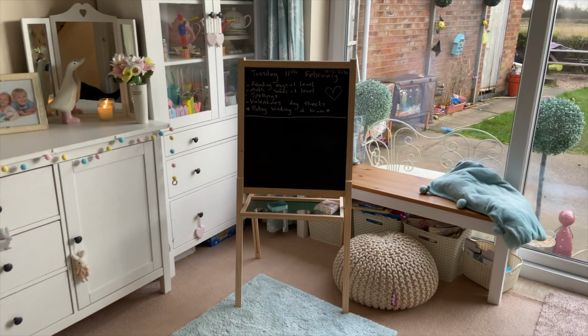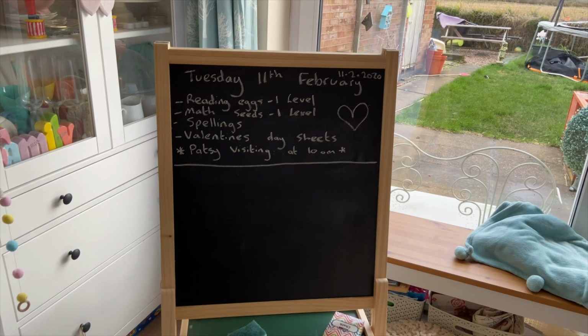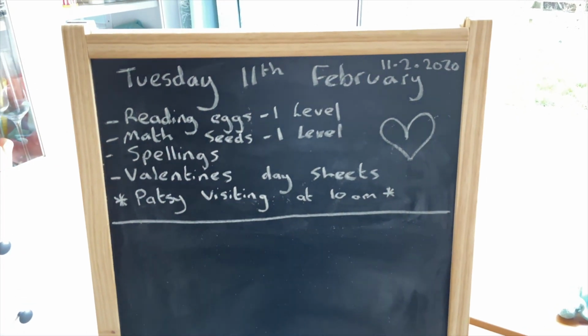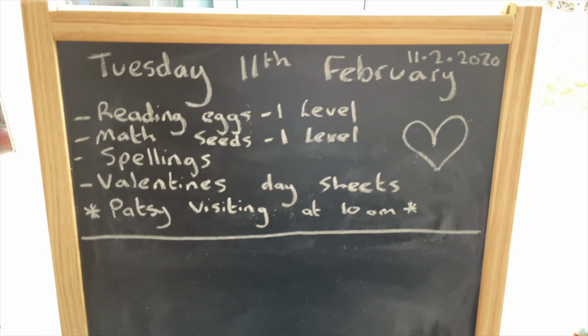We have maths seeds and reading eggs to do today, and we also have spellings, and then I've printed off a big chunk of Twinkl paperwork for Valentine's Day. Some of the mystery maths, Ted absolutely loves them, so I printed off a couple of those, some worksheets, some hearts to design, and some word searches as well. So that's the plan for this morning, and then this afternoon I want to try and clear out yet again